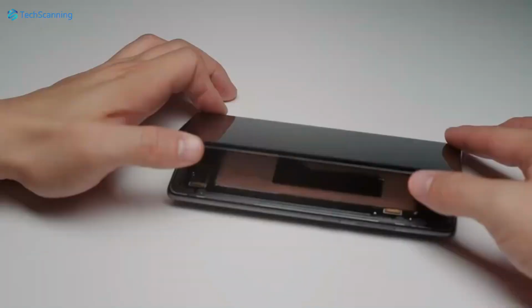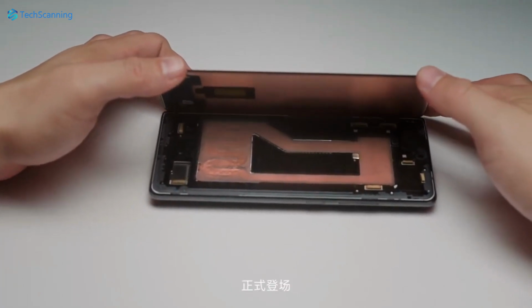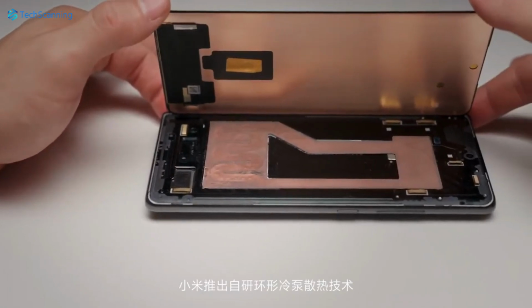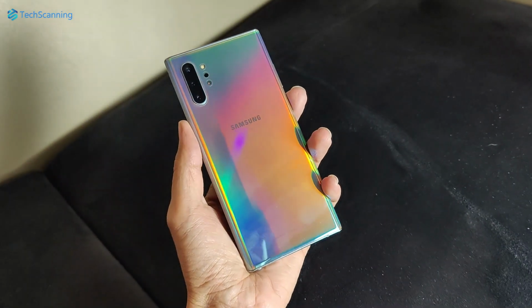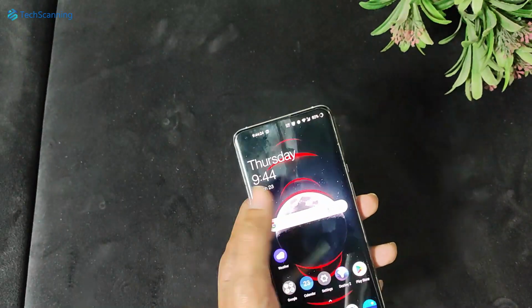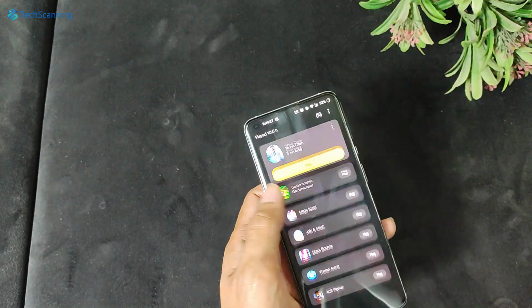First, let's talk about the hardware inside your phone. Modern phones are packed with advanced processors, graphics chips, and other components, making them powerful devices. So when you use your phone, these components generate heat, which is normally dissipated through the phone's casing. However, if you push the phone to the limits, such as playing games or using heavy-duty apps, especially while charging,